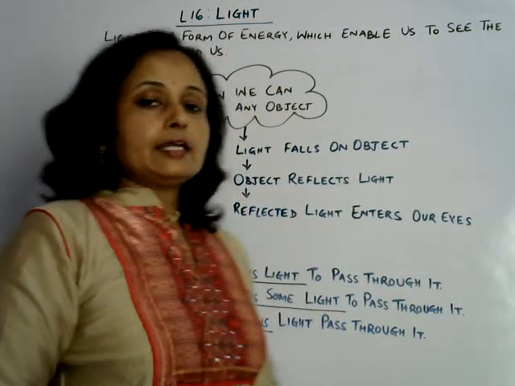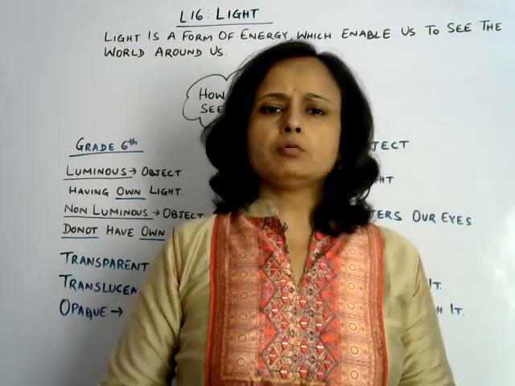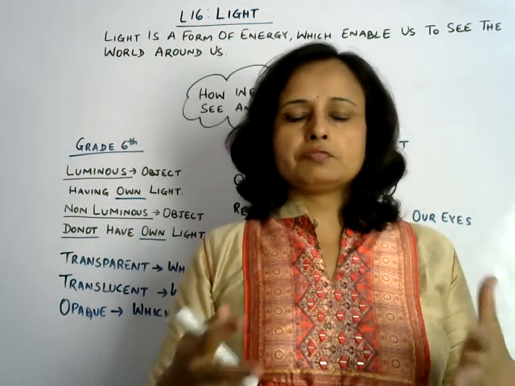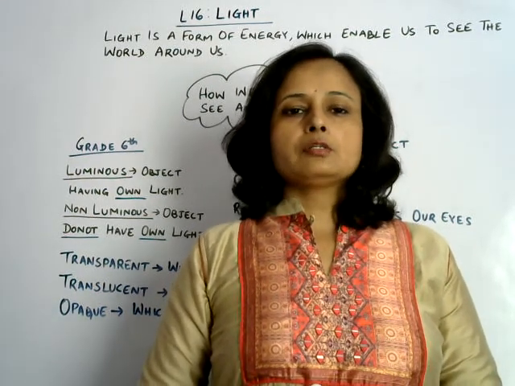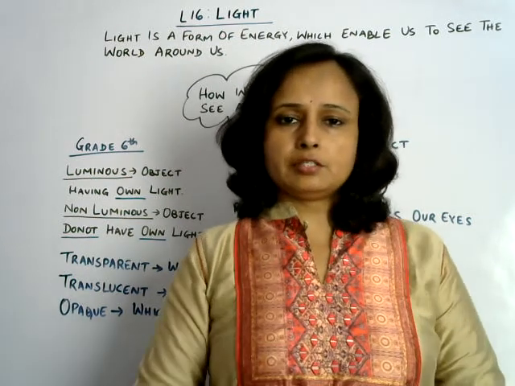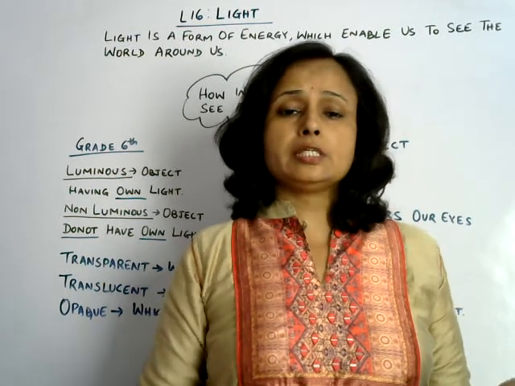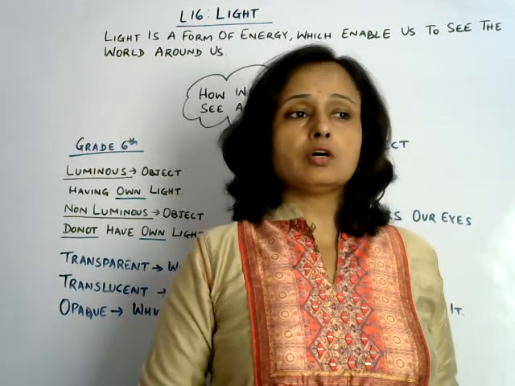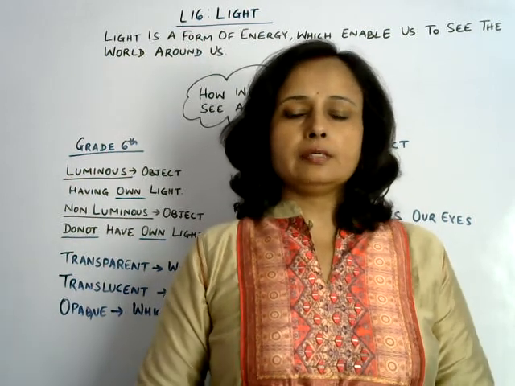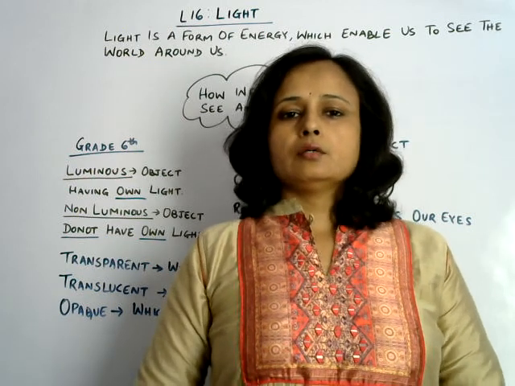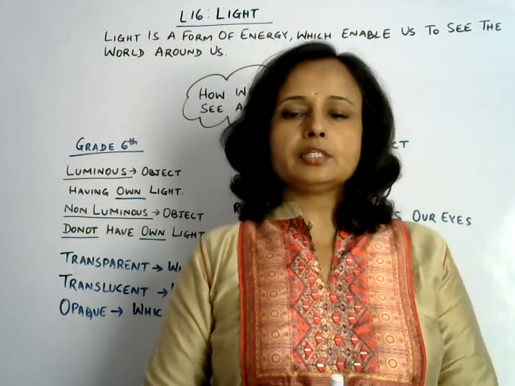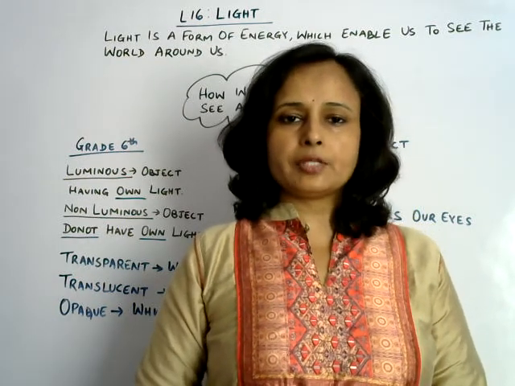Light. What exactly is light? Light is a form of energy which enables us to see everything in our surrounding. Like I am making this video and you are able to see this video, right? You are able to see anything inside your book, inside your surrounding, walls, plants, animals, your friends, everyone. How can you see? What is the reason behind this? So definitely there is light. Light is the energy that gives our eyes a sensation to see something.